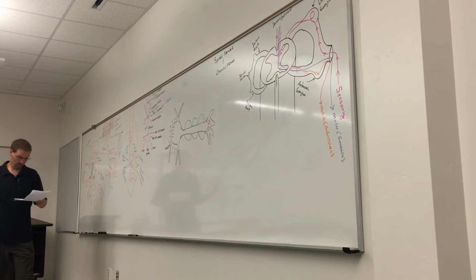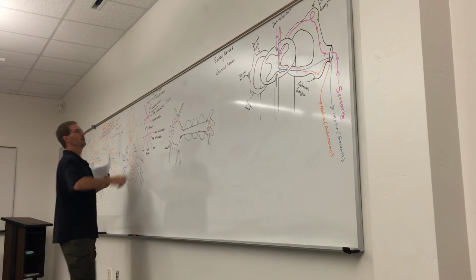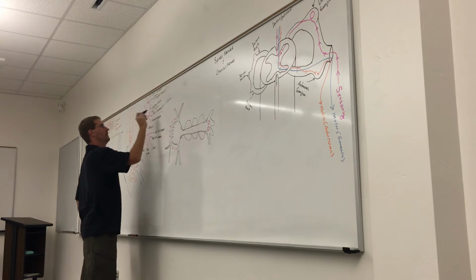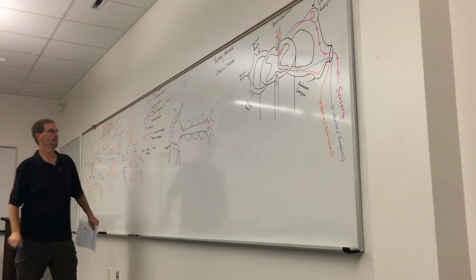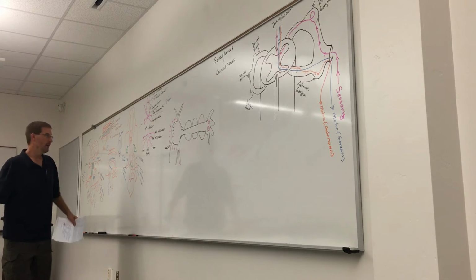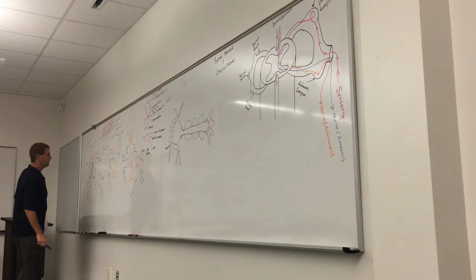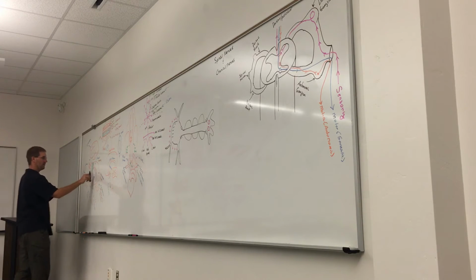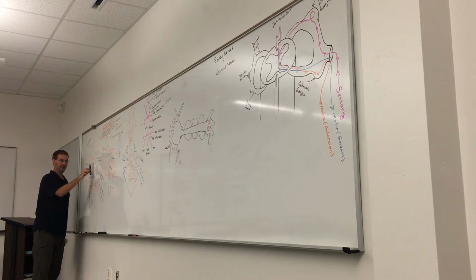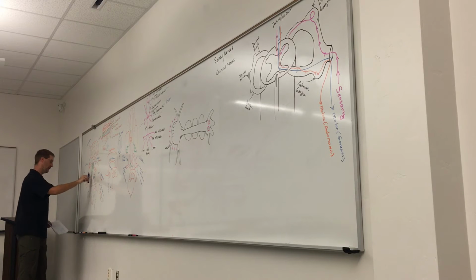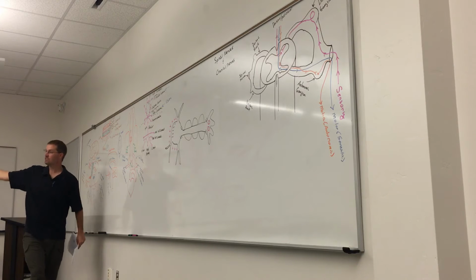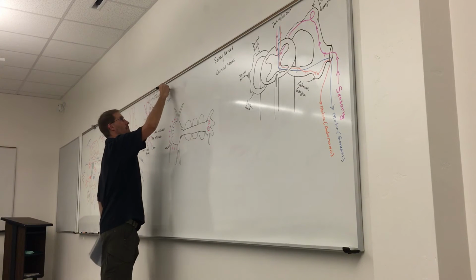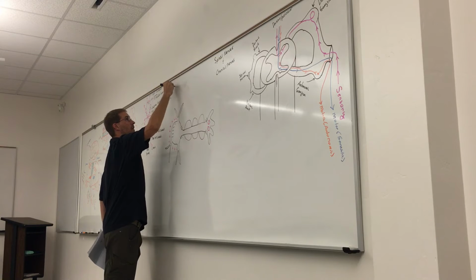Now I'm going to move up to the middle cerebral artery, which is this guy right here. It's one of the two major arteries that comes off of the internal carotid. And it supplies, if you had to guess, the middle part of the cerebrum with blood. So right in here. What is that primarily going to cause if I have a stroke there? Motor and sensory